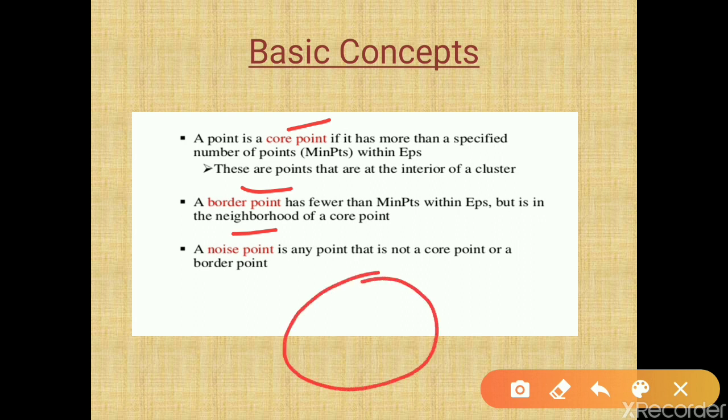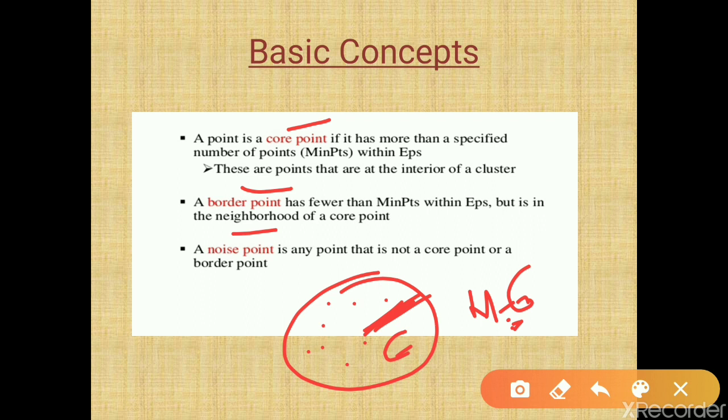So if we are selecting a cluster, and this is the clustering point and this is the epsilon value, and for the time being we select the minimum points value as 6, a point is a core point if the cluster contains at least 7 points, and all those 6 points should be within the radius of epsilon.